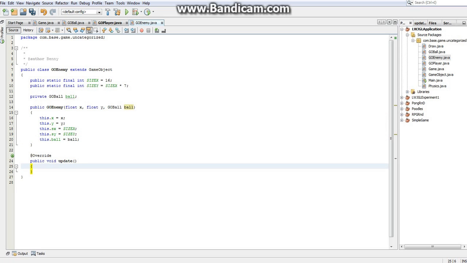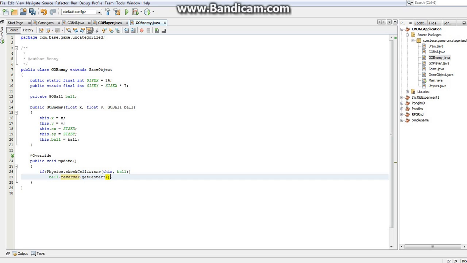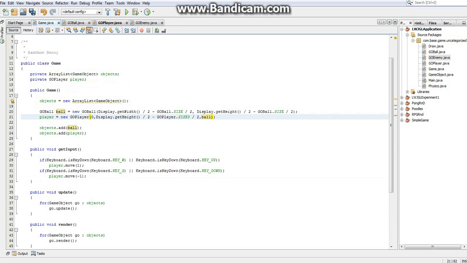And now we need to check for collisions in the exact same way that we checked it for the player. So if physics.checkCollisions between this and the ball, so if we've collided, then we want the ball to reverse x, with the center of us being our get center in Y. So there. We now have an enemy paddle sort of set up. Not quite finished yet. But if I go ahead and add this,